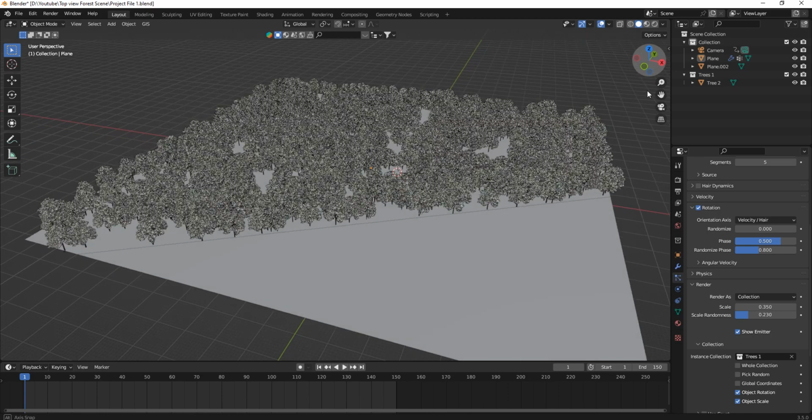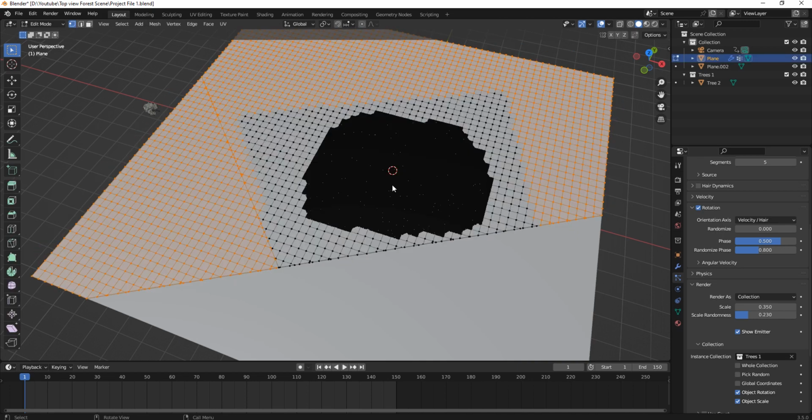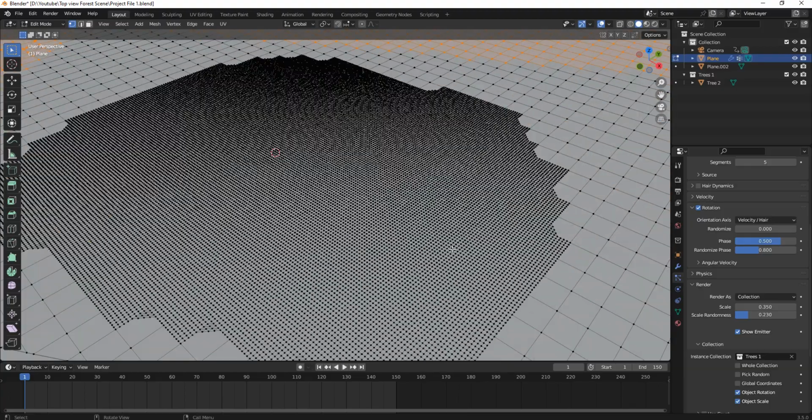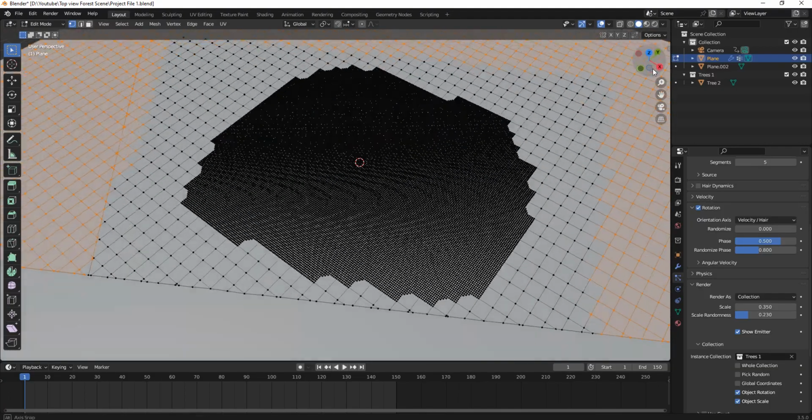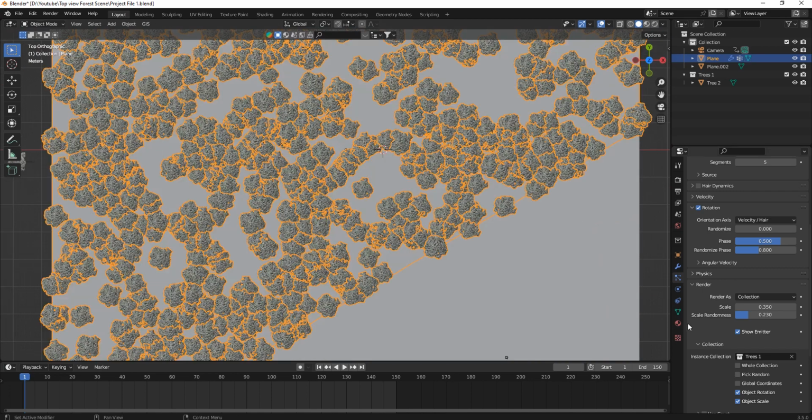So after this, I want some kind of open land, which is going to be rocks. So to do that, what I'm going to do is I'm going to select one, hit tab to get inside of the edit mode. As you can see in this project file, I have already subdivided it, as you can see. So what you can do is, if you go to this,